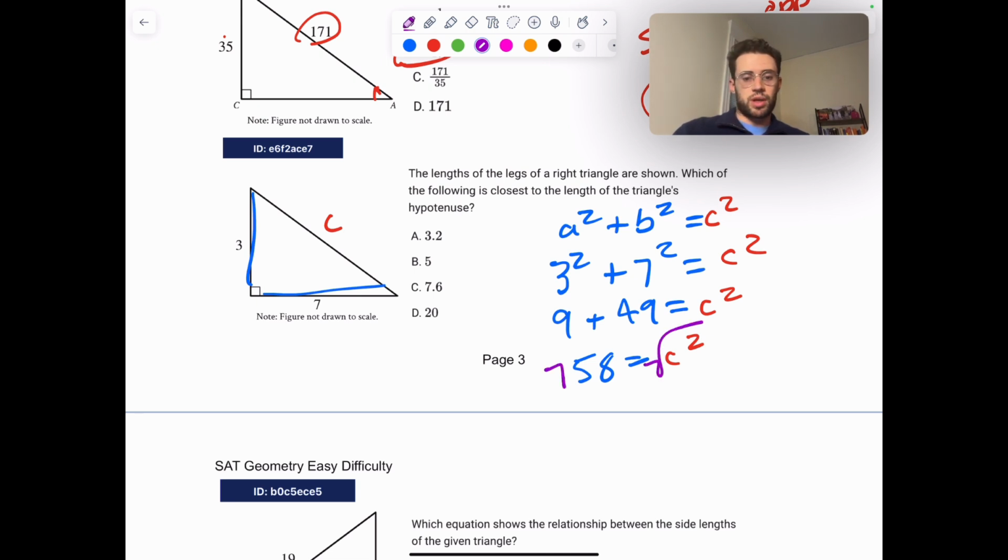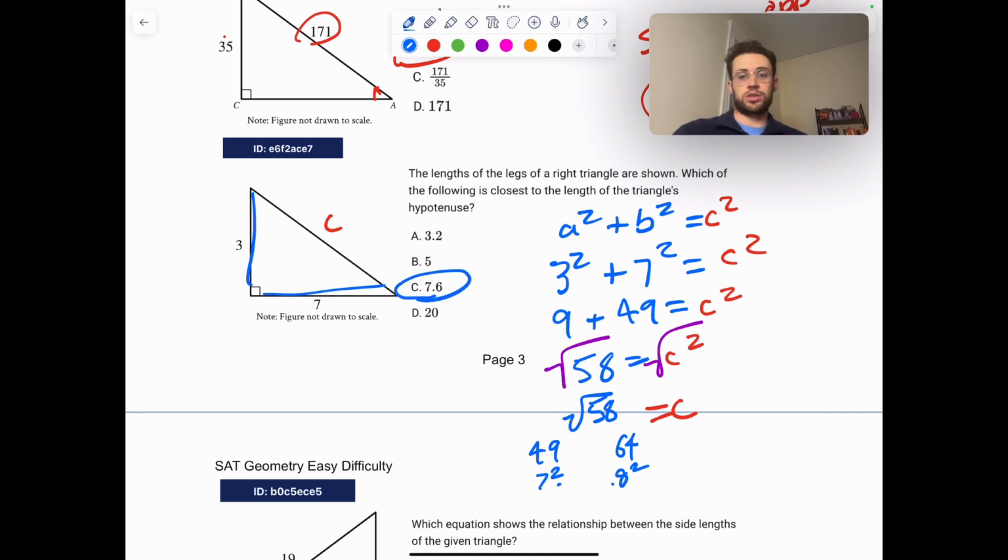You don't have to worry about plus or minus the square root. So the square root of c squared will just be c. And the square root of 58, you could type that into a calculator to estimate it, but we know that the square right below that is 49, which is 7 squared. And the square right above that is 64, which is 8 squared. So it's going to be somewhere between 7 and 8, and the only option that's somewhere between 7 and 8